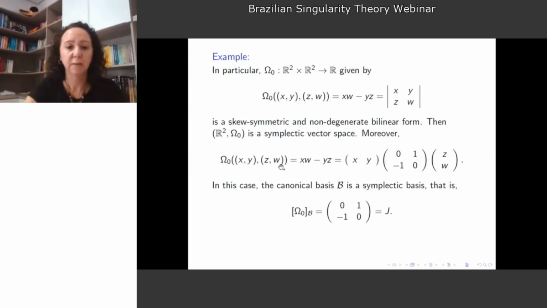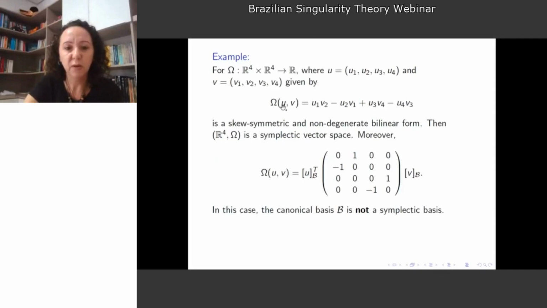And when you write this bilinear form in matrix notation, we see that the matrix is the matrix J. The canonical basis is the symplectic basis. That is, the matrix of this bilinear form in a canonical basis of R2 is exactly the matrix J. Of course, we can, in R4,